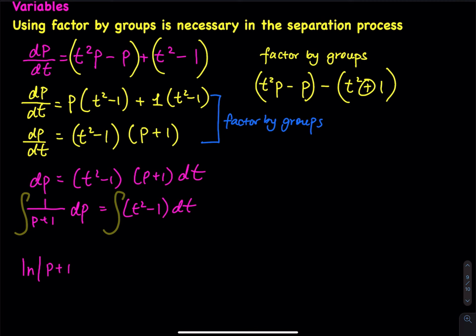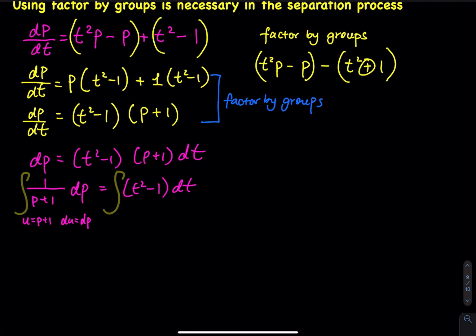If you want me to show you the u substitution, you have to let u equal p plus 1, and then du equals dp. So that's how you get the integral of 1 over u. Maybe let me just show you the step, right? Because if I don't and you don't get it, you might have to spend 10 minutes to figure out what I did. So we have the integral of 1 divided by u du, and then that gives me ln